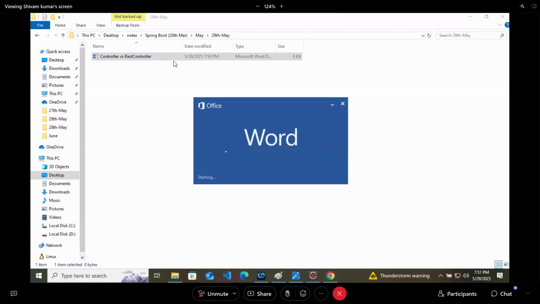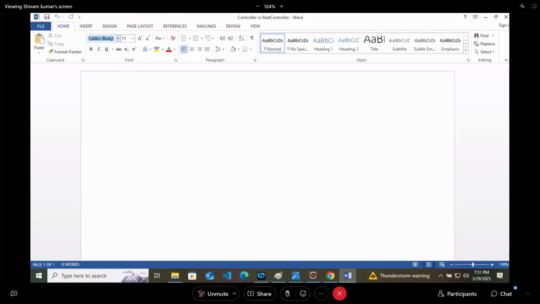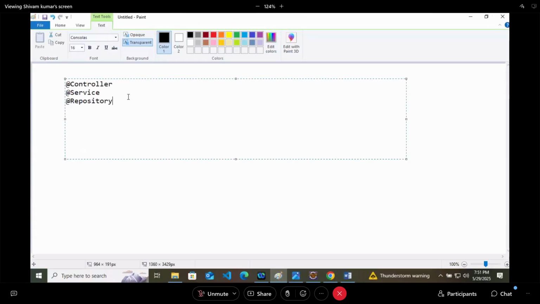But there might be some internal working difference. At first, @Controller. Whenever we are working with this particular thing, controller is a simple annotation